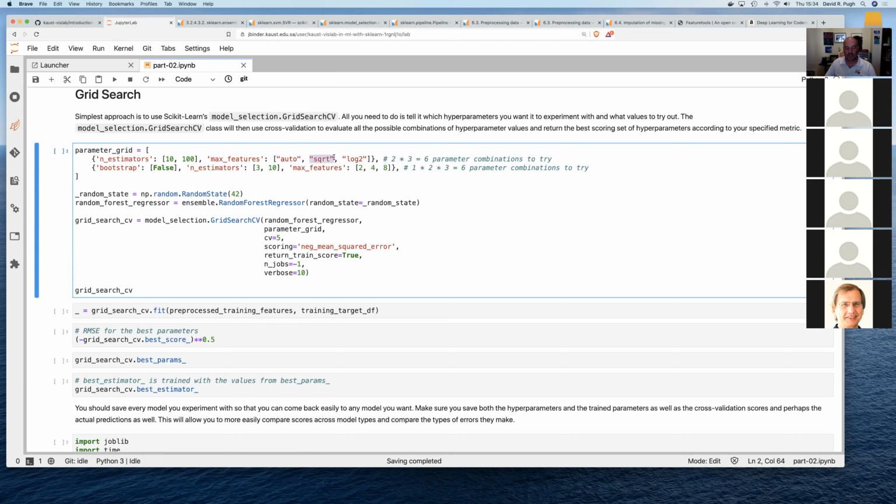Square root, which takes the square root of the number of features as the max number of features. And then log base 2, which takes the log base 2 of the total number of features as the maximum number of features. Now, again, you're going to have to really dig into both the API documentation, but also the theory of the different models that you're trying to fit in order to understand how best to tune your hyperparameters for your particular